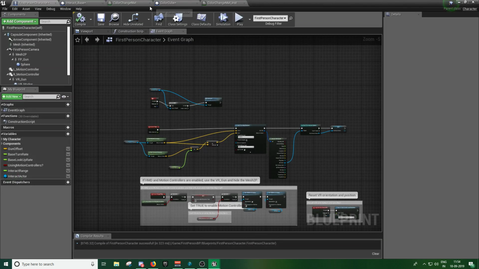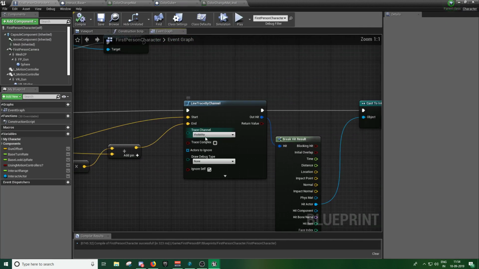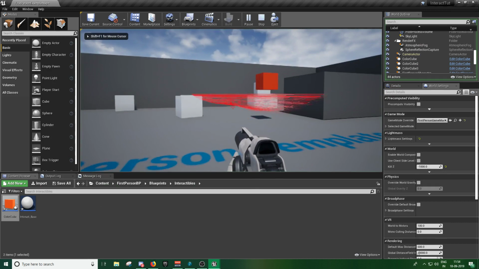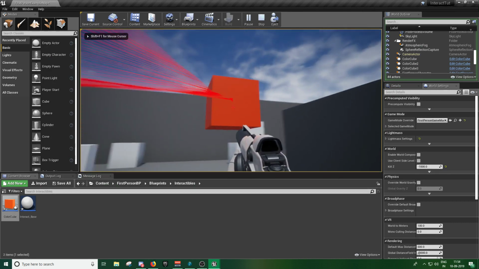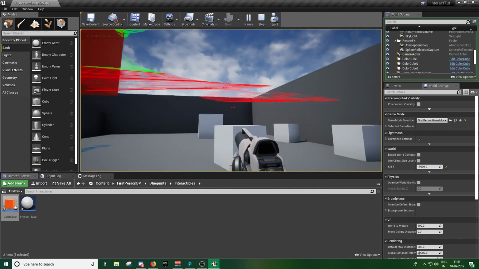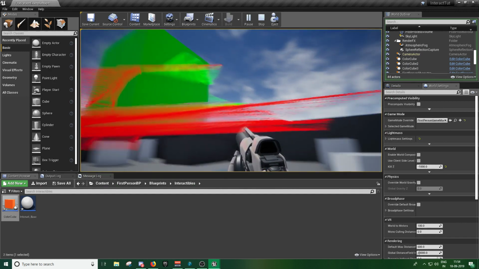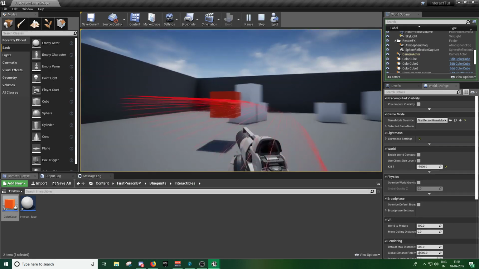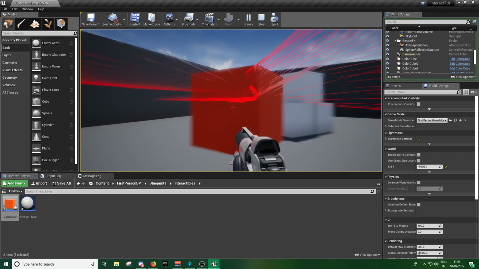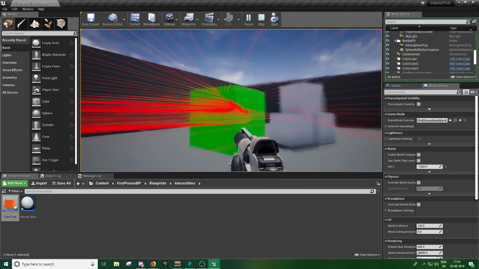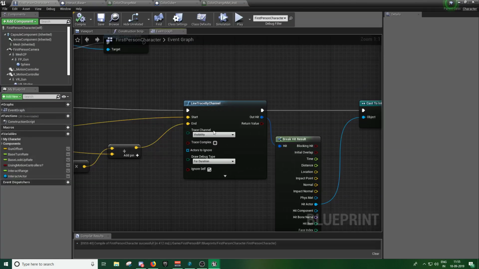So now another thing I think I'll do is I'll go to the first person character, and in the line trace I'll just draw debug for 5 duration so we can see the traces. So now let's compile and let's press play. So as you can see, it's hitting this cube right here, and even if I don't look at the cube, if I press E, it'll change its color. So that's the wrong way. Even if I look away and then press E, it'll still change its color. So what we'll have to do,